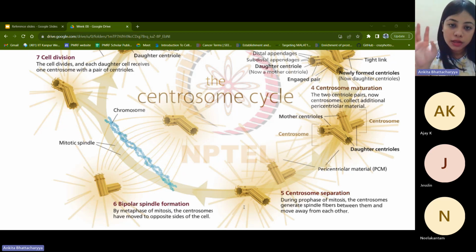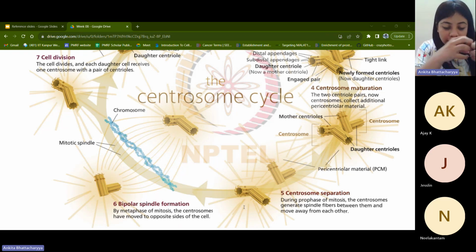That is the centrosome. Within that centrosome, think of these two pasta-like materials, like I said, they are each duplicating. They are forming from two, they are forming four. Those four are gathering more pericentriolar material and becoming a large entity. From there, they are snipping and becoming two each. They are forming one centrosome and another centrosome, migrating towards opposite parts of the cell. Each of those centrosomes has centrioles and the PCM, both. You can go through this diagram in more detail. It's very beautifully explained. You can go through this at your own time.